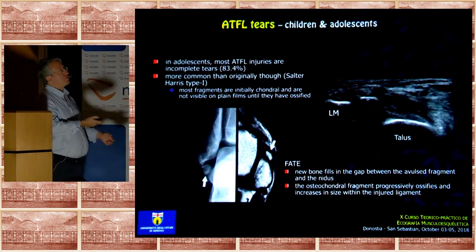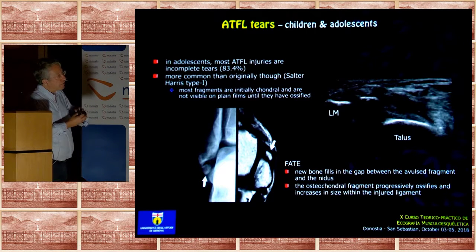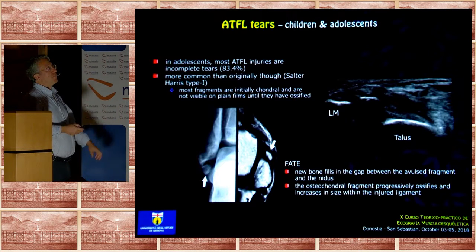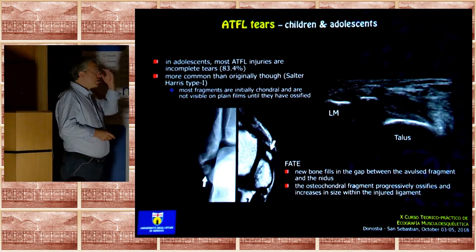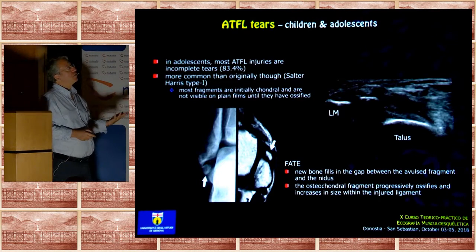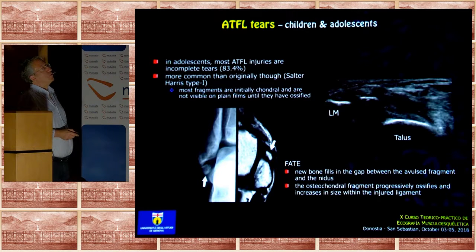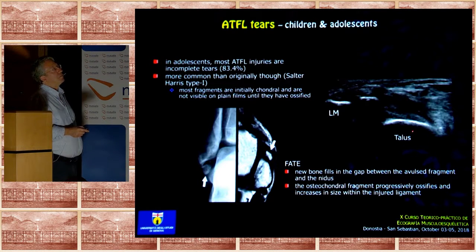The repeated traction may create some fragmentation of the cartilage, and the cartilage then ossifies with time, producing some ossicles within the ligament. This is the reason for which, not uncommonly, when we scan adult patients, we demonstrate pictures like